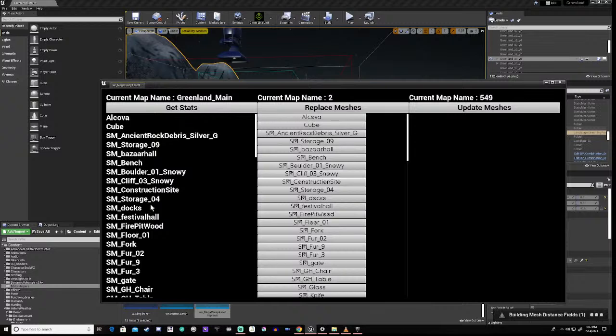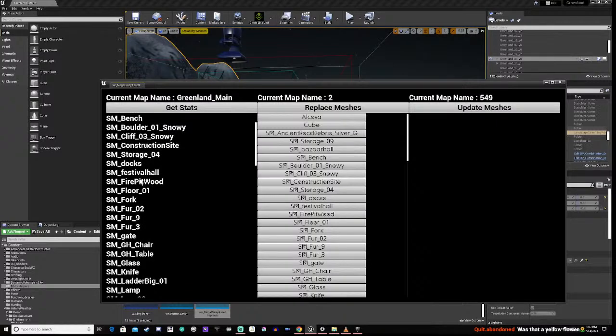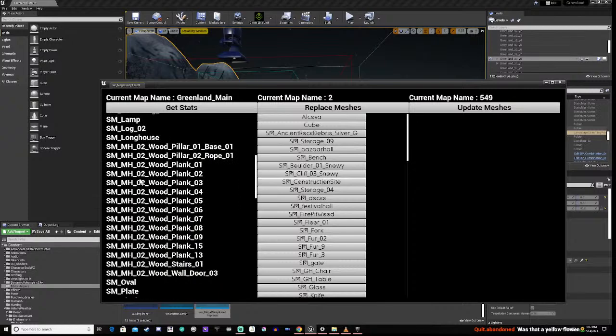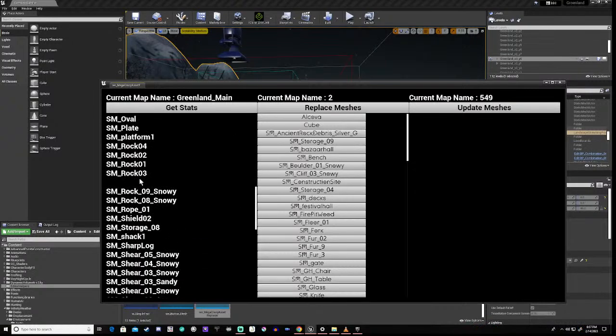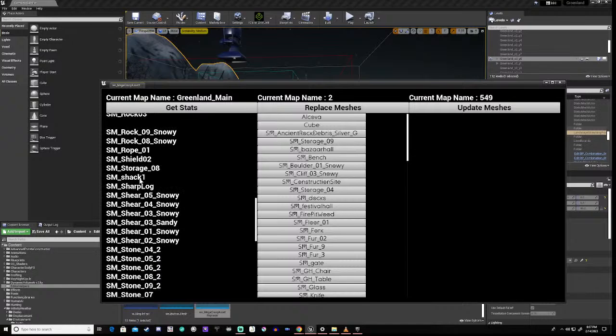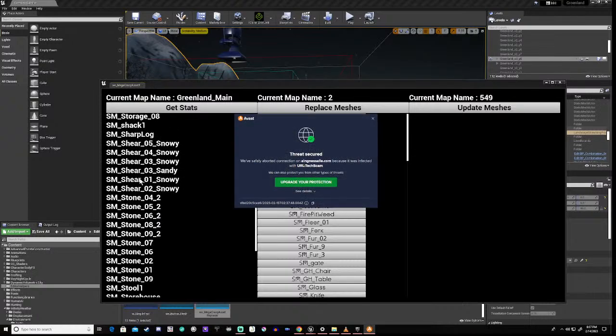Okay. Now, this gives you a list. Right, here's the way this works. This is a list of all the items, all the static meshes in this map that don't have an instance version. Okay? I don't know what's going on with that thing.